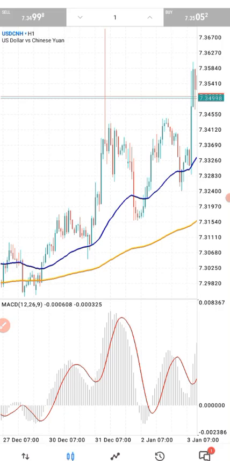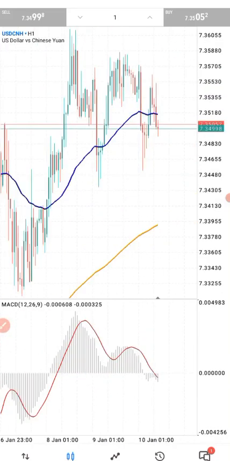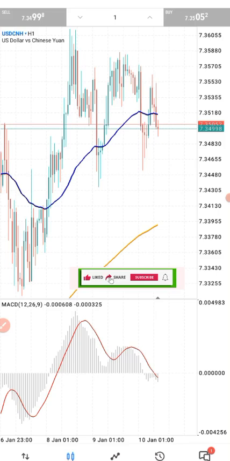Let me tell you the truth: no matter how good you are, you must use indicators. Even though we don't analyze our markets using only indicators, you must use them in order to get a good entry and exit. Indicators are there to help us, but we don't depend on them alone. We use them with other